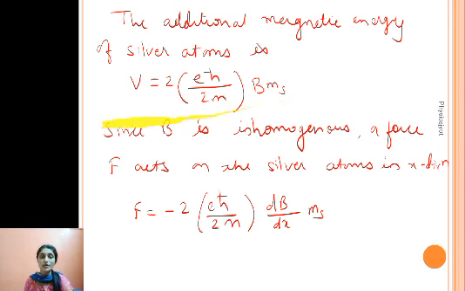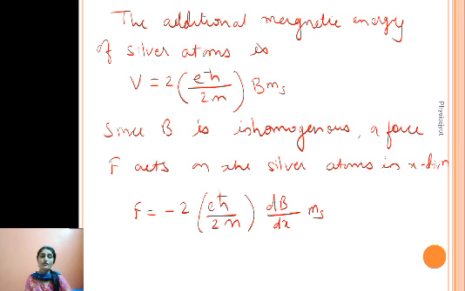It is equal to 2eħ upon 2m into B m_s. We have already seen this formula in the earlier lecture. And here, since B is inhomogeneous, or you can say non-uniform, whenever you have a uniform field, it will just be able to precess the magnet, or twist the magnet. But when you have an inhomogeneous field, then the two forces acting on the two poles of the magnet are not equal, and that is how a force acts on the silver atoms in